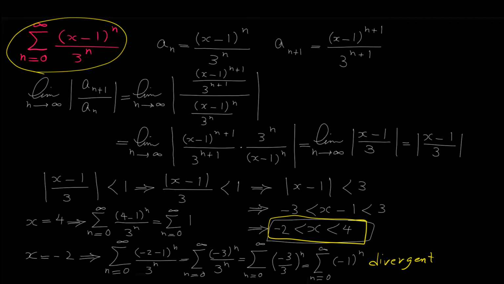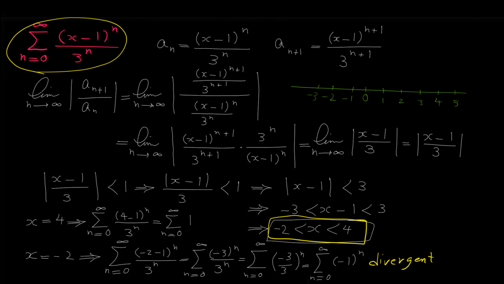If we want to show the interval of convergence of this power series on a number line, it will be something like this. Let me draw a number line here. If we suppose 0 to be here, 1, 2, 3, 4, 5, -1, -2, and so on,